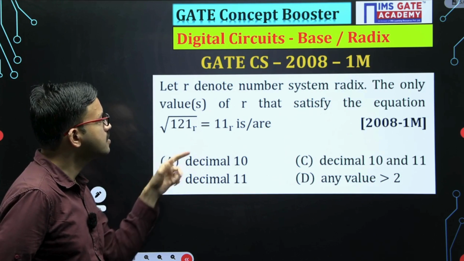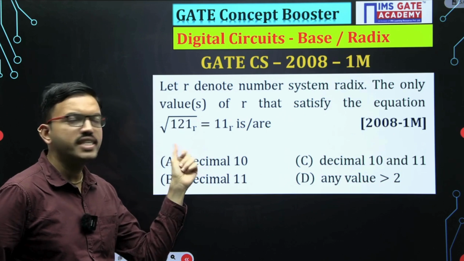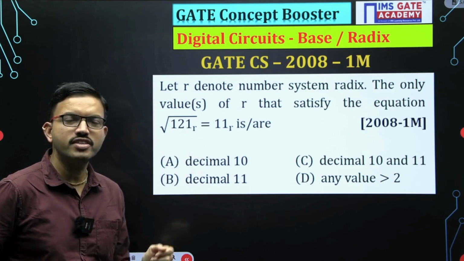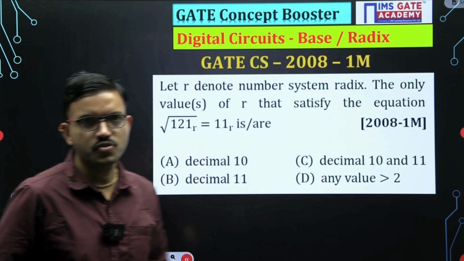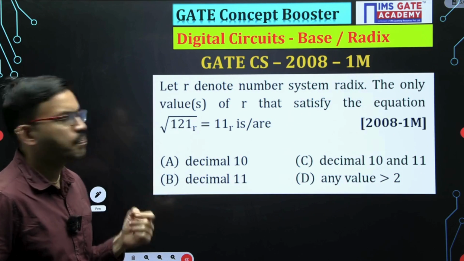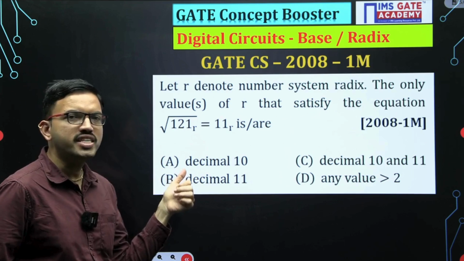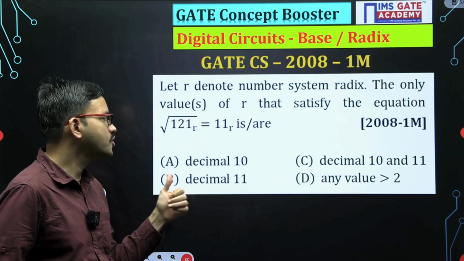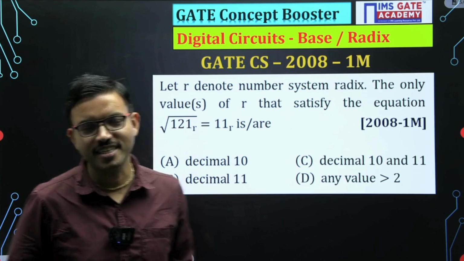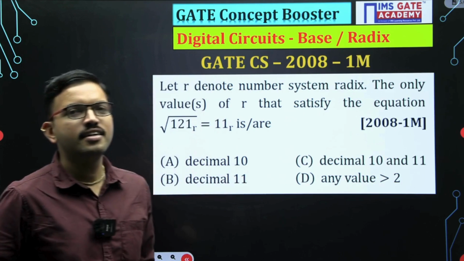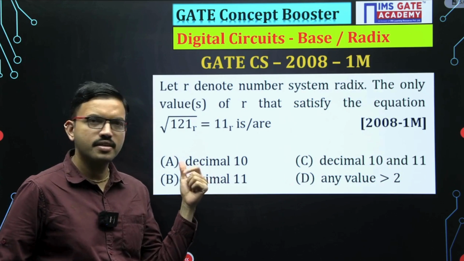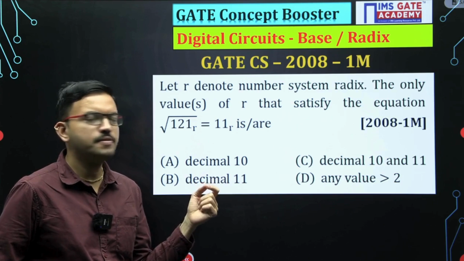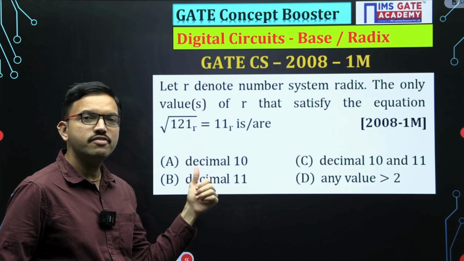Okay, because when you perform squaring on both sides, 11 square is nothing but 121. In general everyone knows that, right? So because of that, many of the students may choose option A as the correct answer. But for this question, option A won't be correct. Any guess? All of you just pause the video and give it a try, why option A won't be correct for